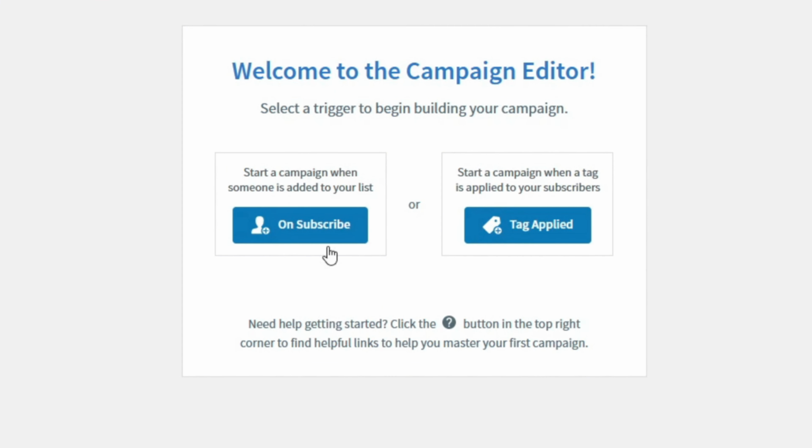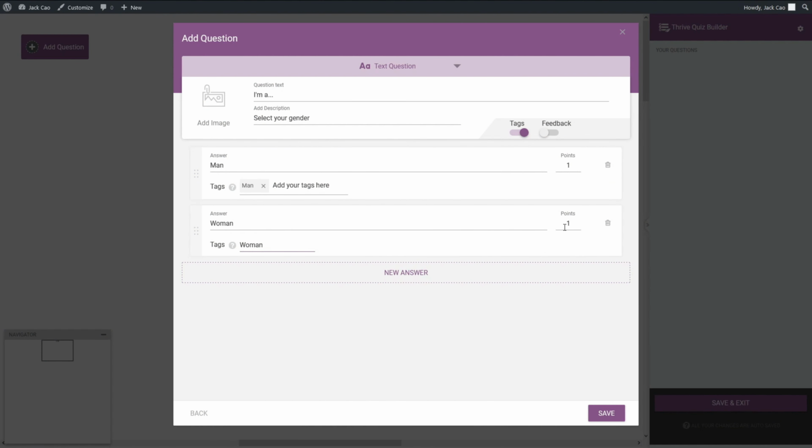So if you look over to my email marketing service, they have this option where you can start a campaign when a tag is applied to your subscribers. So for this case, we can set up 2 email marketing campaigns, one targeting the man tag and the other targeting the woman tag. Now I won't mess with the points here unless you are segmenting, which I will discuss in a while,